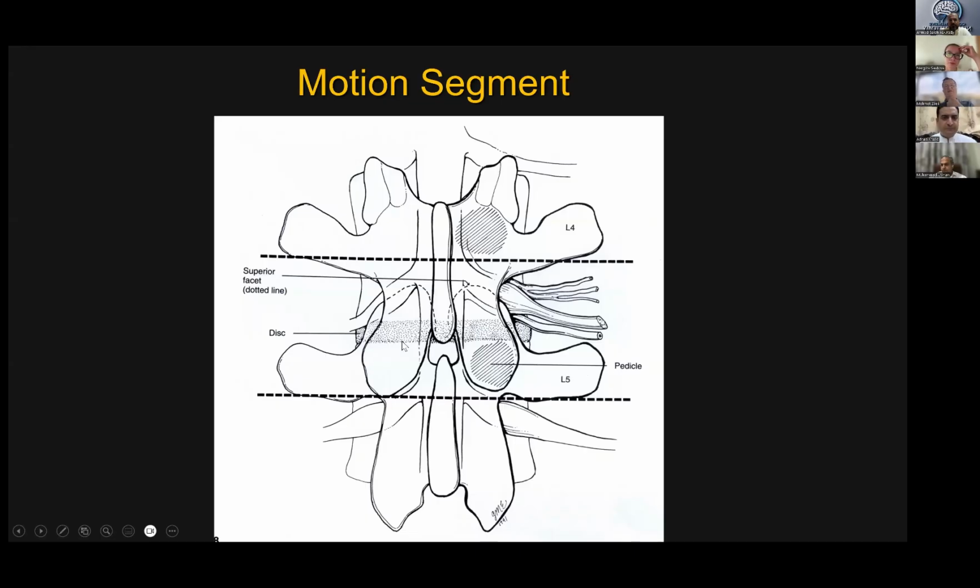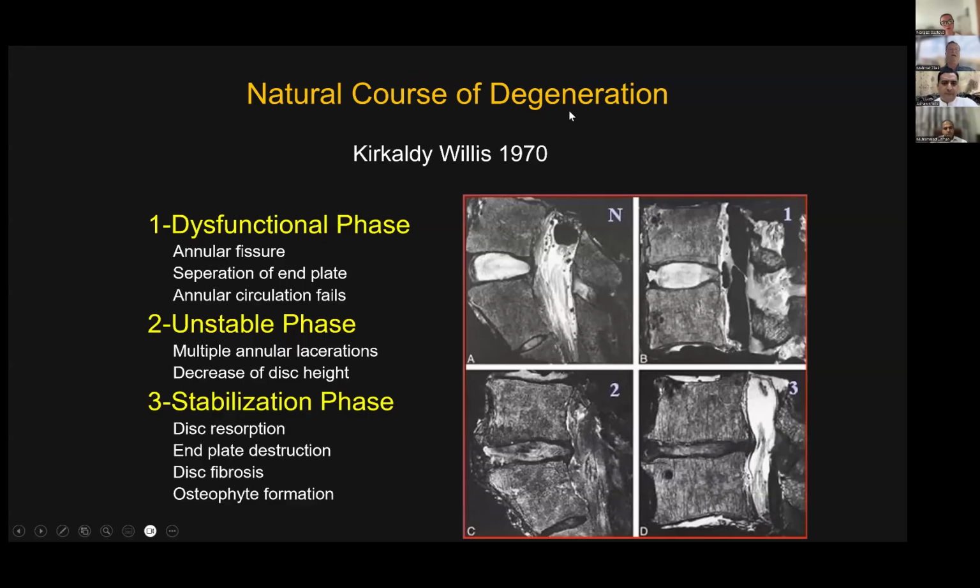I will start with an anatomical landmark, the so-called motion segment. This has 3 parts of the anatomy of the spine. One is the disc. It is not a real joint. It is an absorption point of the body weight. And the 2 facet joints make up the 3-joint complex. And this motion segment can degenerate over time. It's a normal aging process.